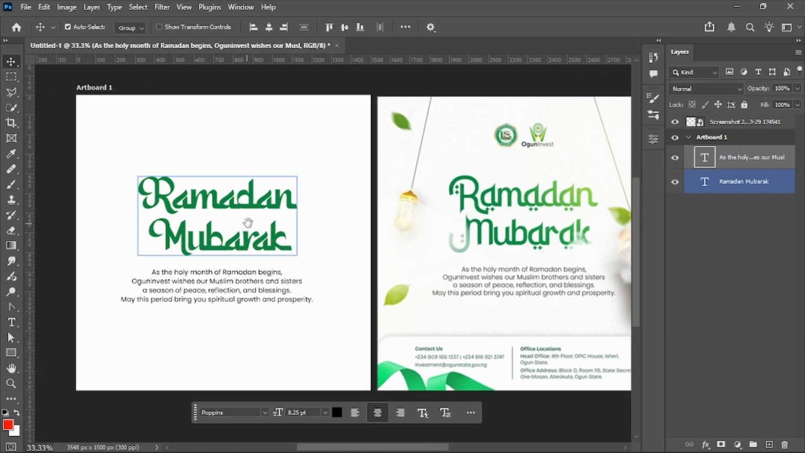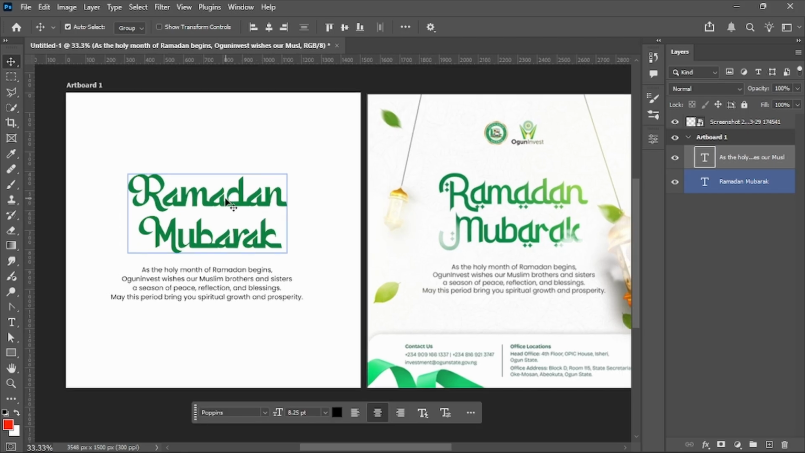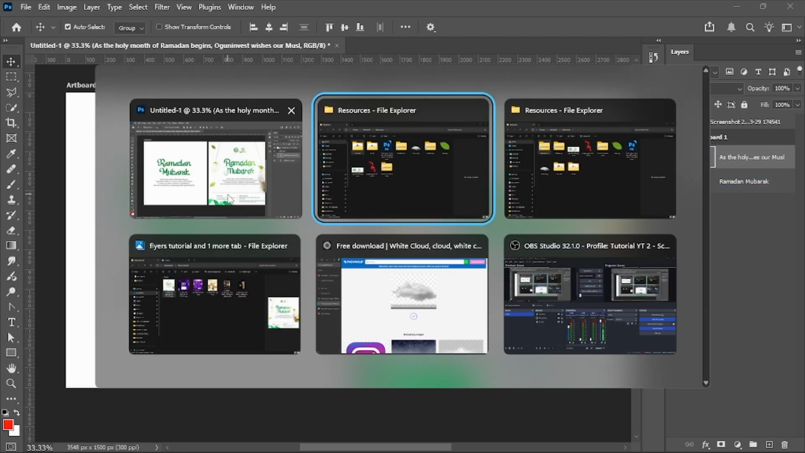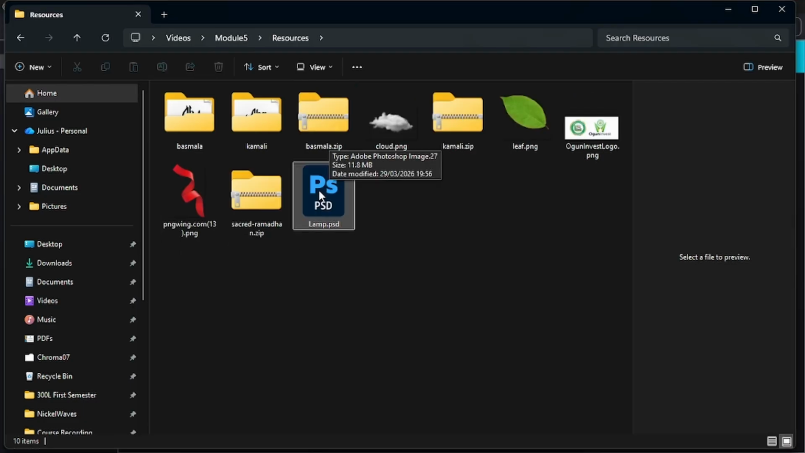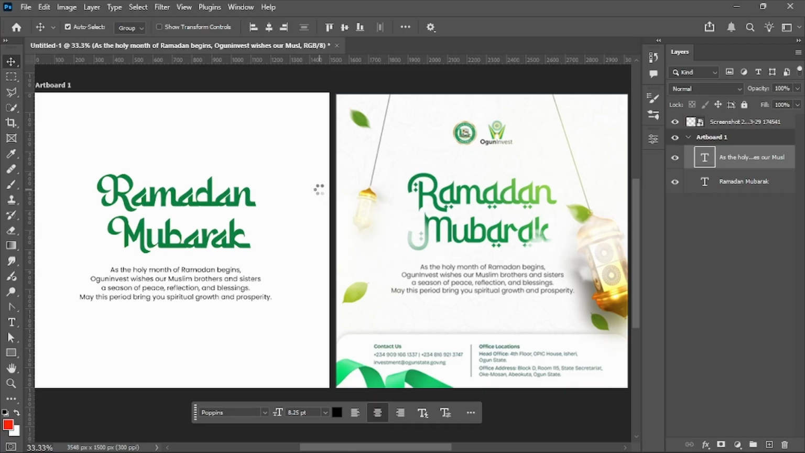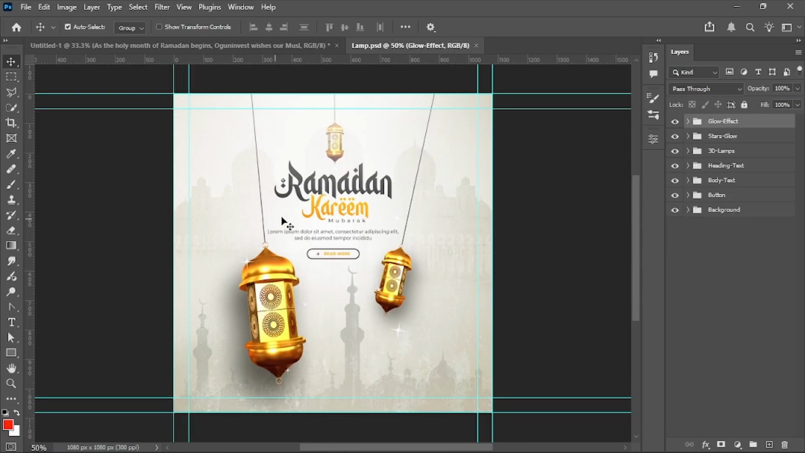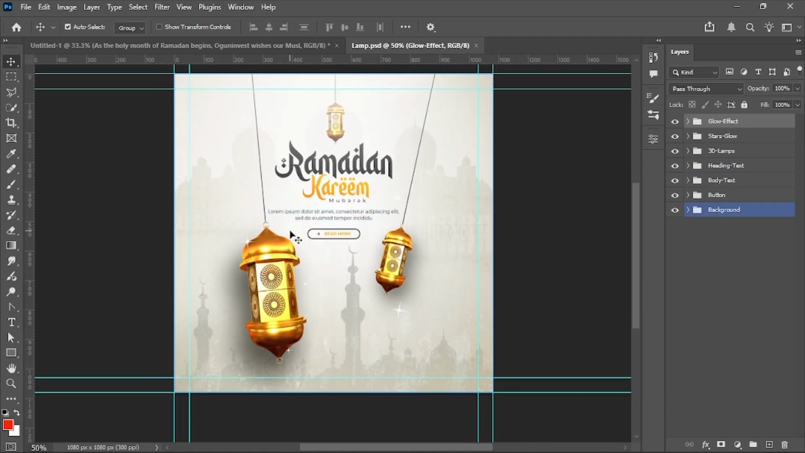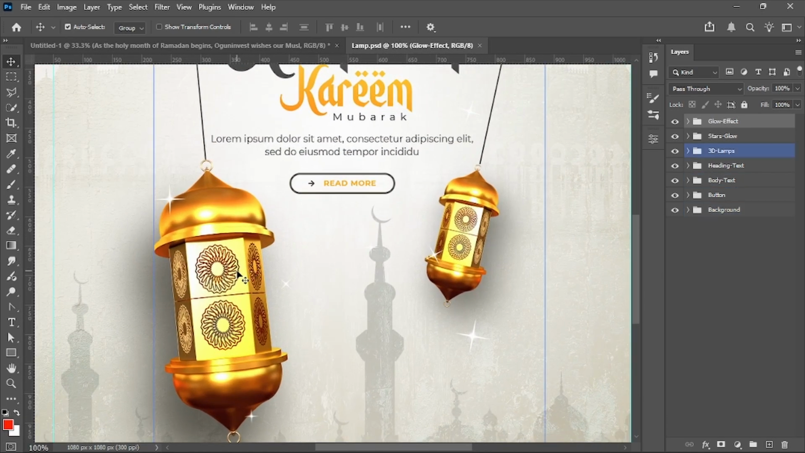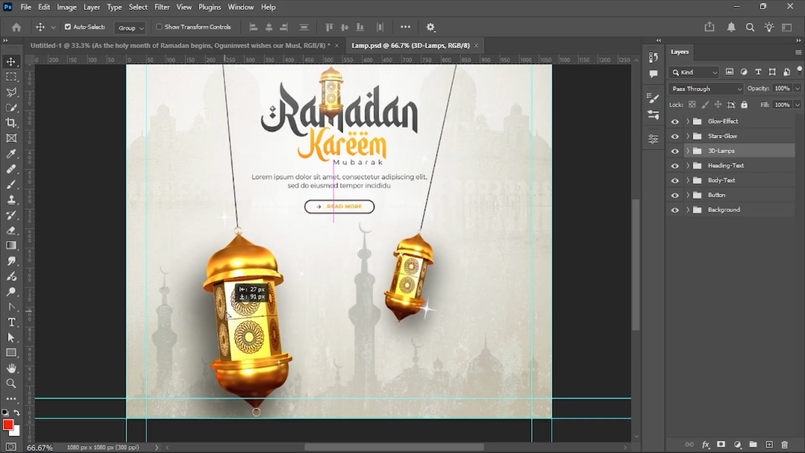Alright, we have that done already. Now I want us to go to our resources folder and open the PSD file there. Let me rename this so it's PSD. Alright, so let's double click on this to open it. lamp.psd. I downloaded this flyer from FreePic, and that's where we'll be getting this lamp resources